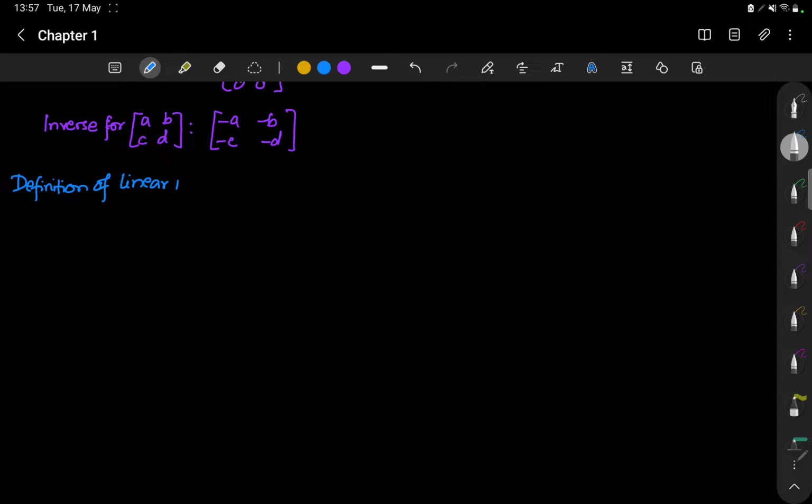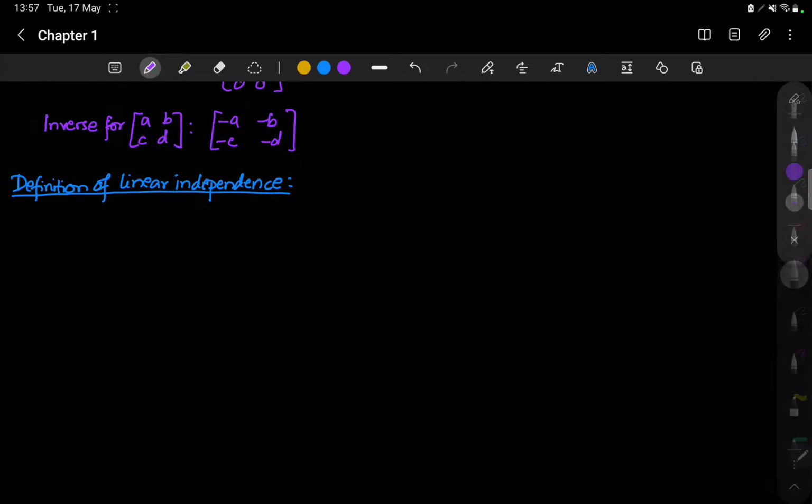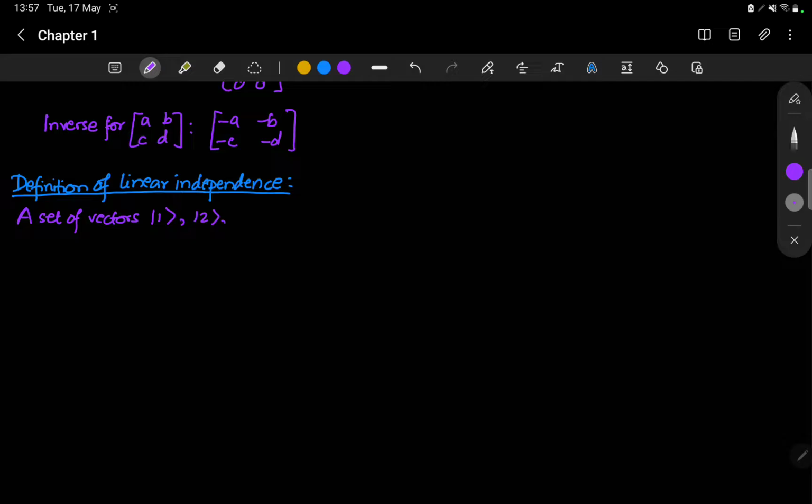Definition of linear independence: a set of vectors, say we have a set of vectors, this set is said to be linearly independent